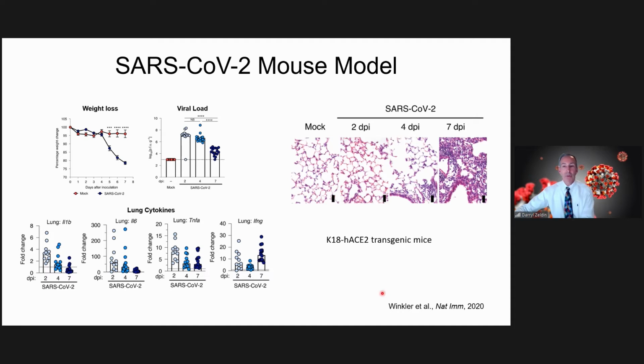In this model, mice which overexpress the human form of the SARS-CoV-2 receptor ACE2 in the airway epithelium exhibit an early day 2 peak in viral load and production of pro-inflammatory cytokines, including IL-1 beta, IL-6, and TNF-alpha. By days 4 to 7, the viral titers and the cytokines are decreasing, as you can see here, but the mice continue to lose weight and they develop severe pneumonia, and nearly all the mice die on days 7 or 8 from the viral infection or from the uncontrolled inflammatory response to the virus.